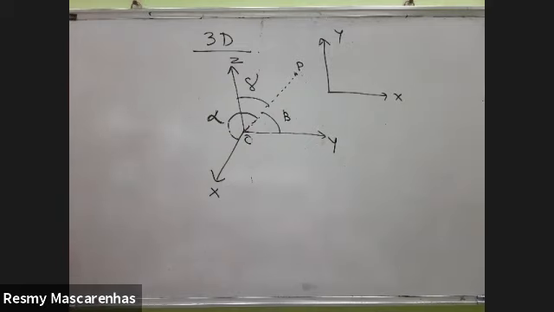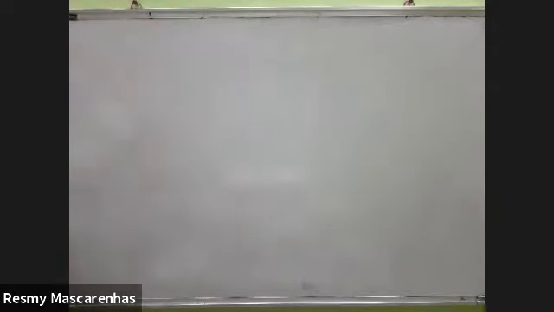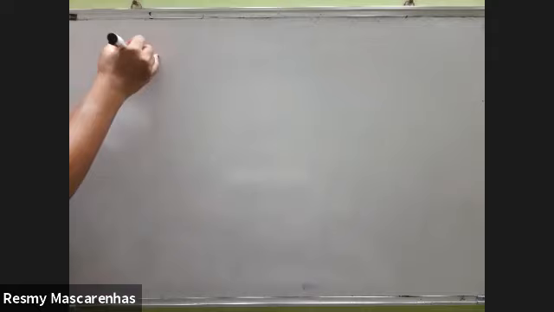In the notes it is also given that the angles alpha, beta, and gamma made by a line, that is OP, with the x-axis, the y-axis, and the z-axis are called the direction angles. So these three are called the direction angles. Now from here onwards you have to listen carefully. Next is called the direction cosine.